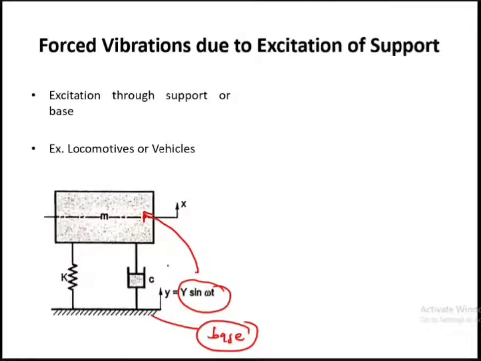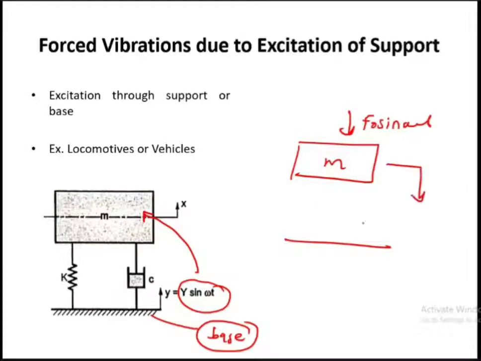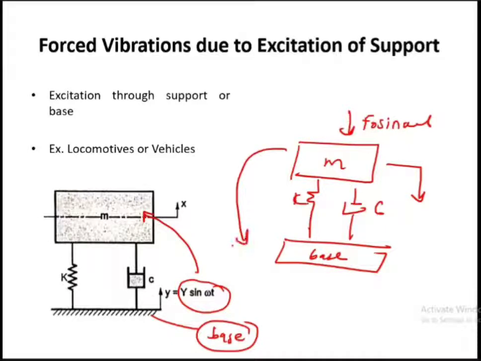Okay, so again, same as in the last case, that is a vibration isolation case, what we have studied, the excitation was given to the mass m, that is f0 sine omega t, and then the force vibrations are transmitted to this base, right? And then we have used the isolation in this case. As I said earlier, the vibrations can be transmitted from the mass to the base, or from the mass to the support, right?